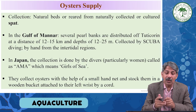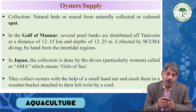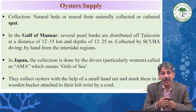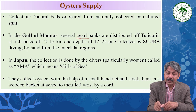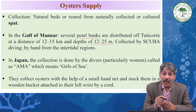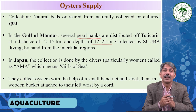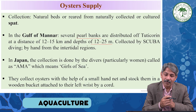Collection, natural beds or reared from naturally collected or cultured spat. So you can have either from wild or from a place where it is being reared. In the Gulf of Mannar, several pearl banks are distributed off Tuticorin at a distance of 12 to 15 kilometer and depths of 12 to 25 meter. Pearl banks, because in these places you get to see these pearl oysters in large number, large quantity, and